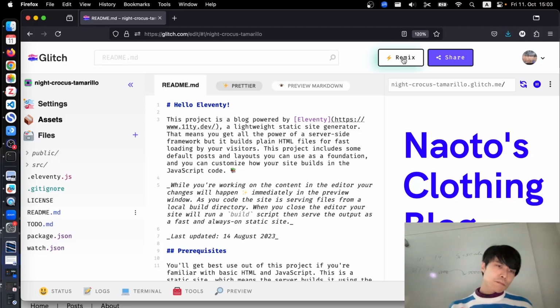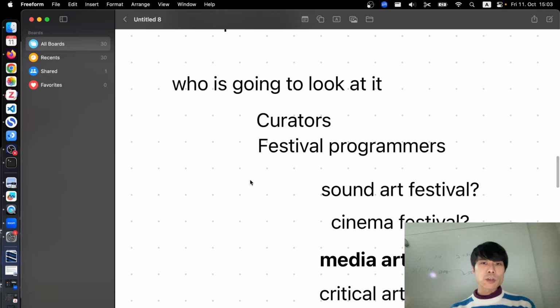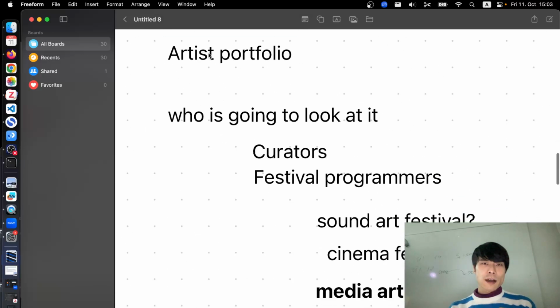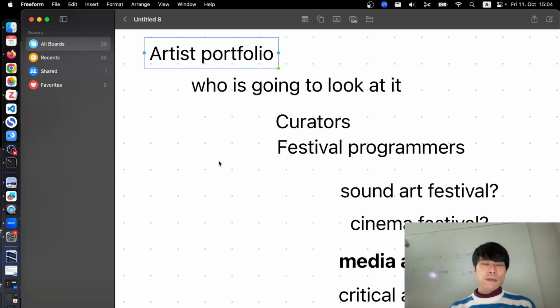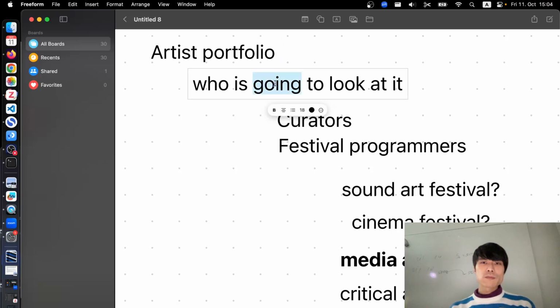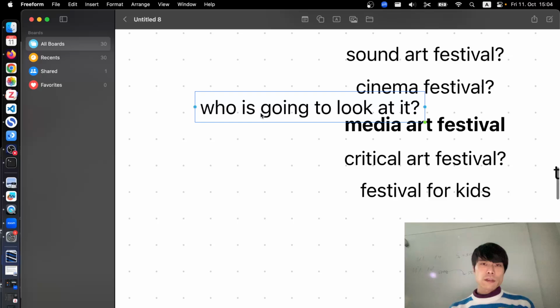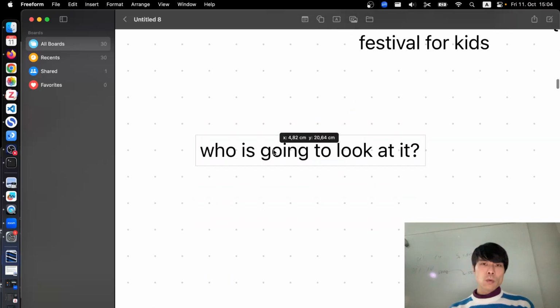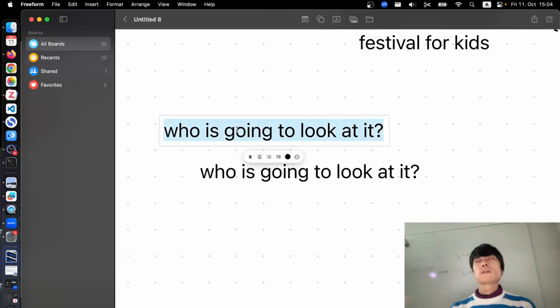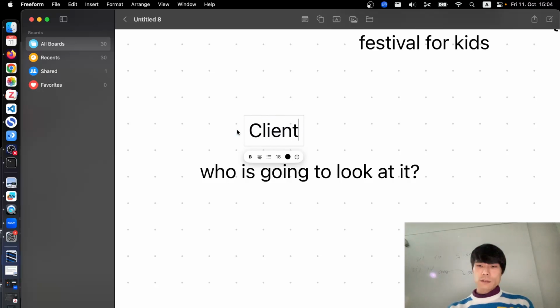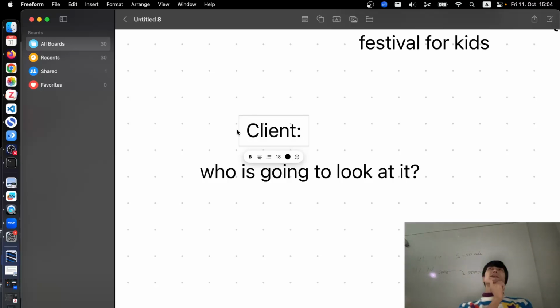Now I'm going to just try to pick another example, which is not an artist portfolio. But then the question remains the same. Who's going to look at it? So what would be my client? I didn't really think about this. Let's say